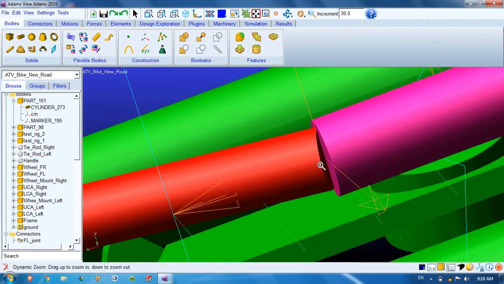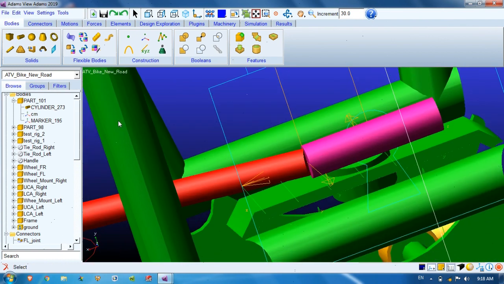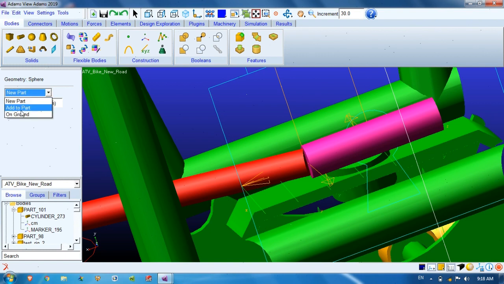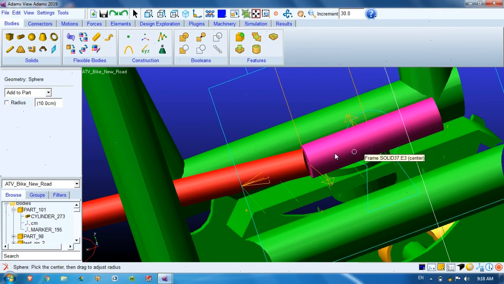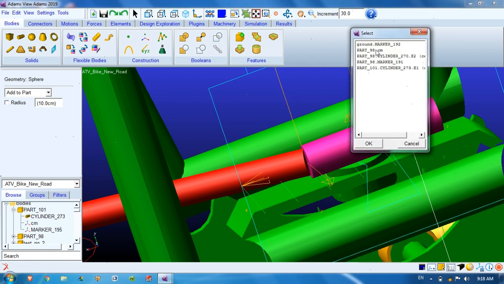Here we will add one sphere at this end so that it will look like a ball joint. So add to the part, select this part 101, location here, cylinder part 101.